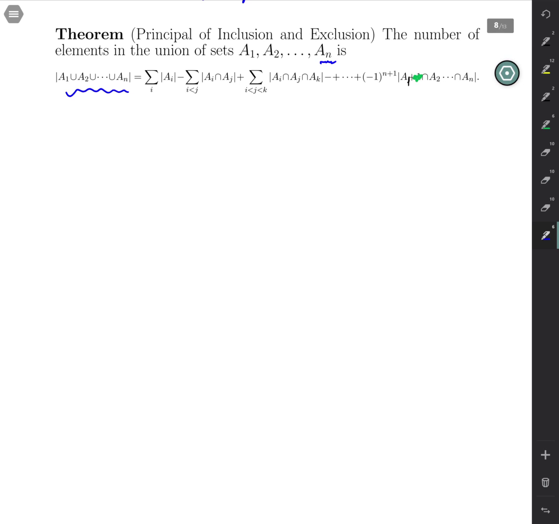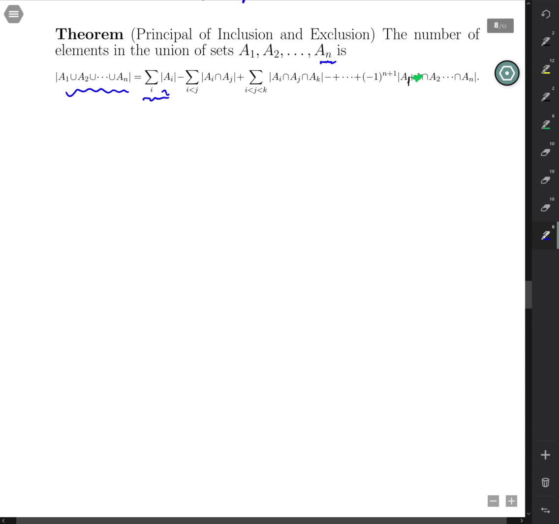And the formula looks like the ones we've had before. We add the number in each set individually, then we subtract the number in each intersection of two of them at a time, then we add back in the intersection of any three of them at a time, and in this case, where we have more than three sets, we'll actually have a sum of those, so it would be different possibilities. Then the next term will be a difference, and then an addition, and that repeats minus plus, minus plus, minus plus to the very last one, where there are n sets total, as we started off with,